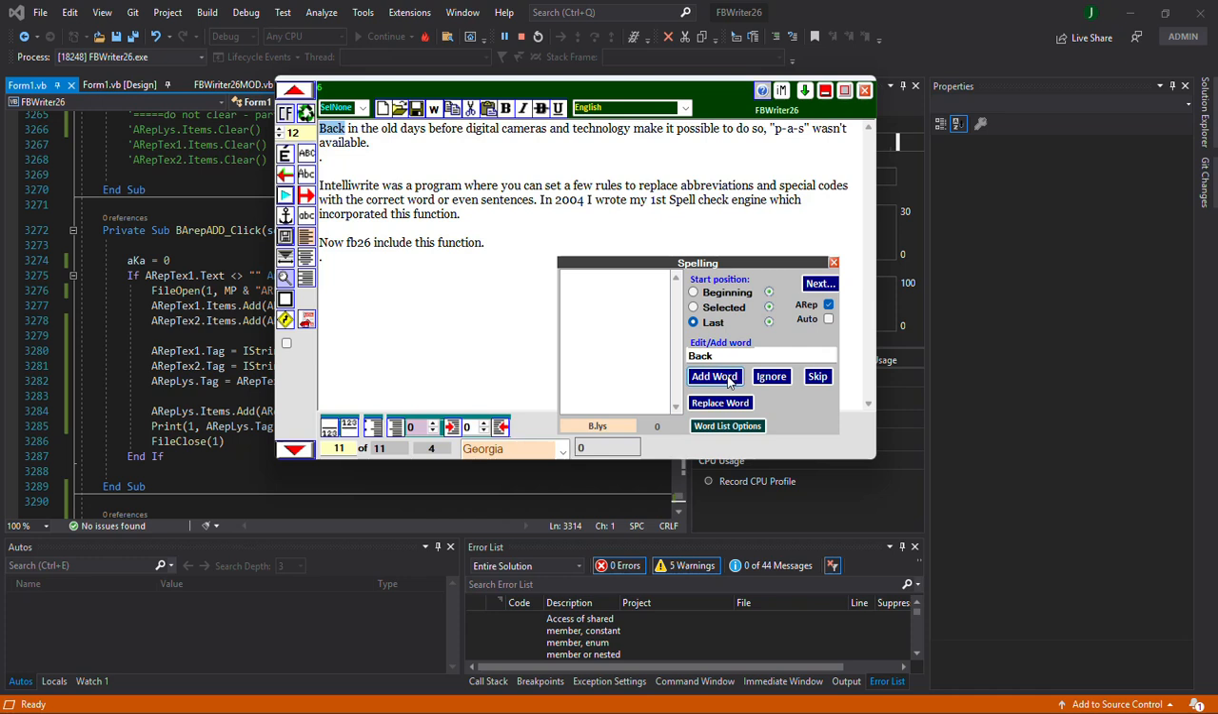So each word you have to add into the list before it will work, and so there we add it, and now that auto replace function is activated. So let's see how it does it. And point and shoot